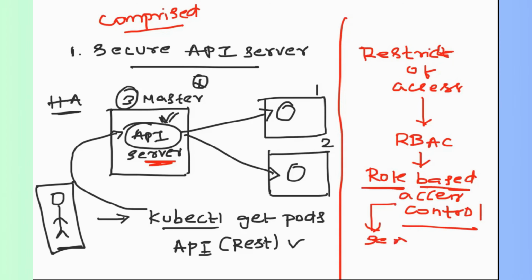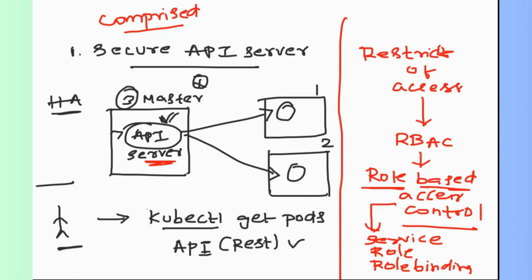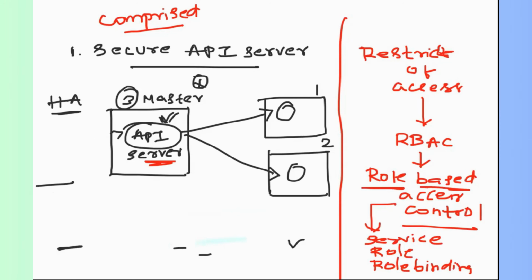That is the service account, role, and role binding, right? So using this also, what you can do is, let's say there is a user called XYZ. Now you want only this specific user called XYZ to access the